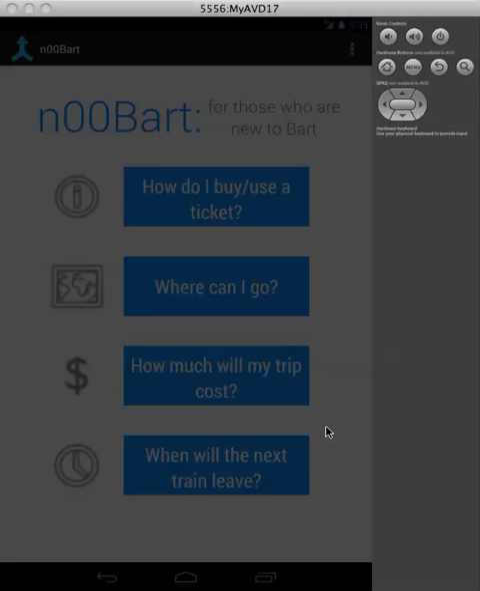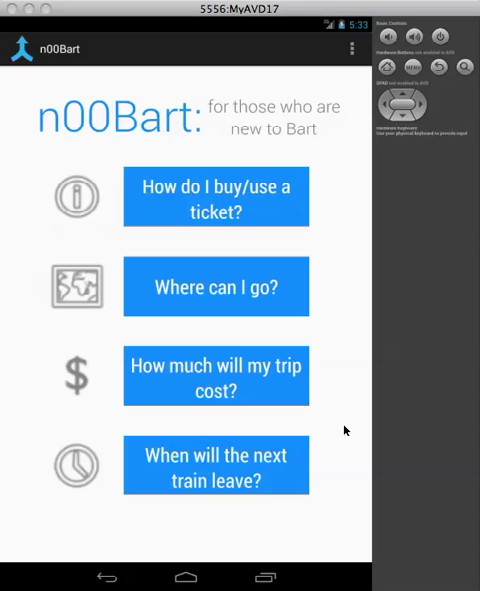Welcome to n00Bart. This is an app built for those who are new to BART. And so when you're new to something, a lot of the times you want to ask a lot of questions. So all of the buttons on the home screen are formatted as questions as to answer the user's questions about